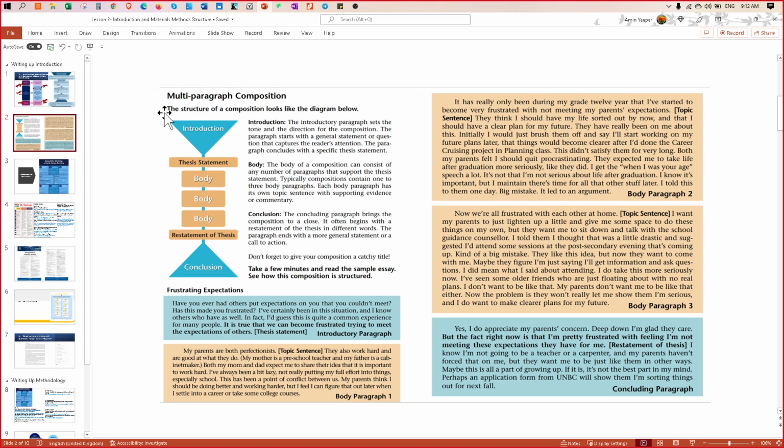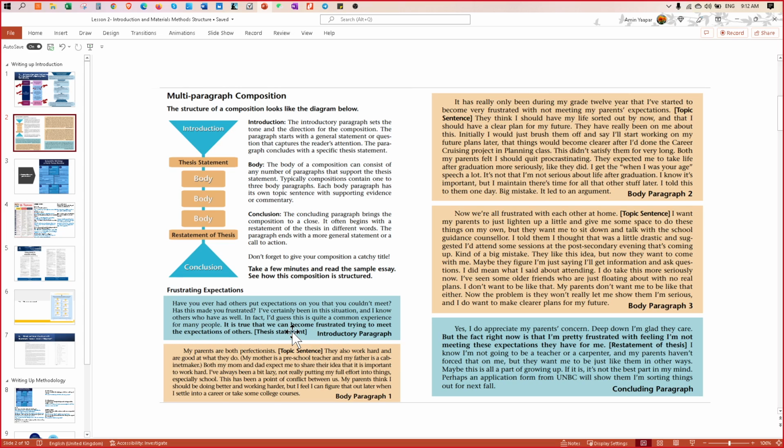So it starts with a general outline like this. So this is very helpful. If you find yourself in the middle of nowhere, you do not know where to go or how to start, it's very helpful to have this kind of outline. So you know that you want to talk about the introduction or the opening, make your thesis statement, the body, and restatement of the thesis, and then make the conclusion.